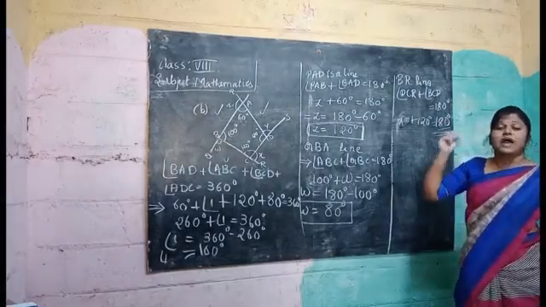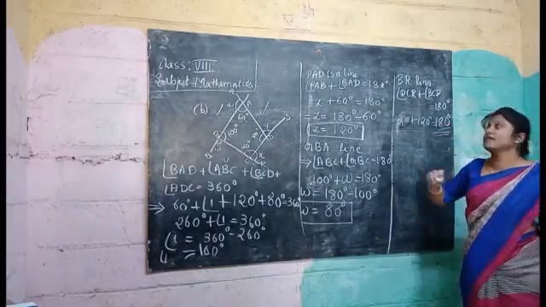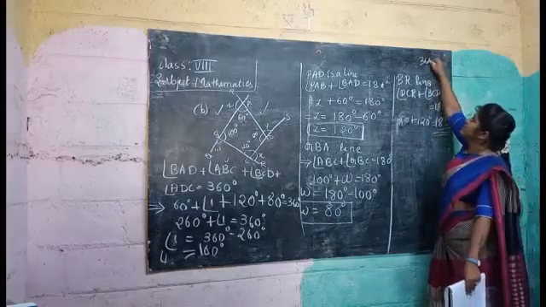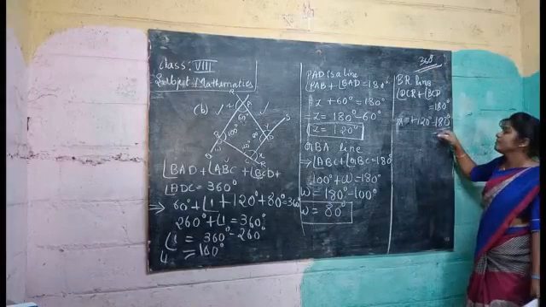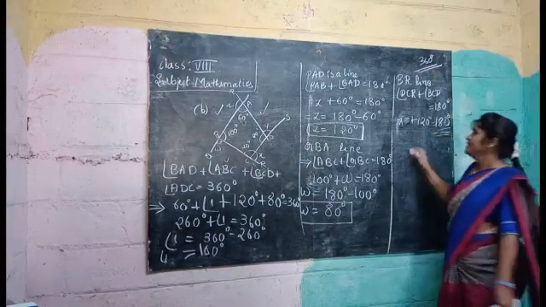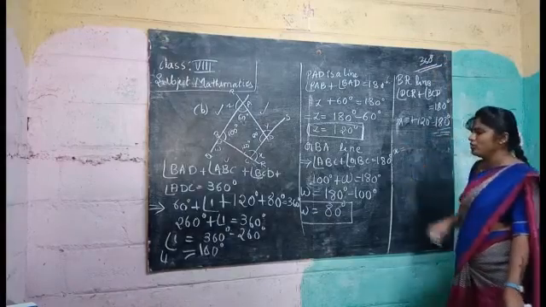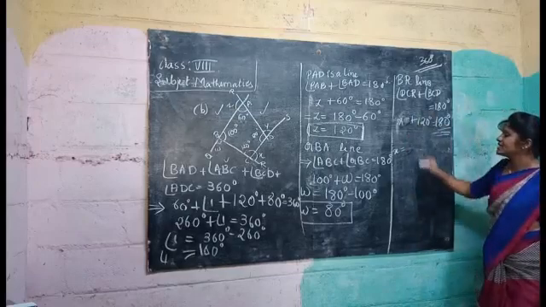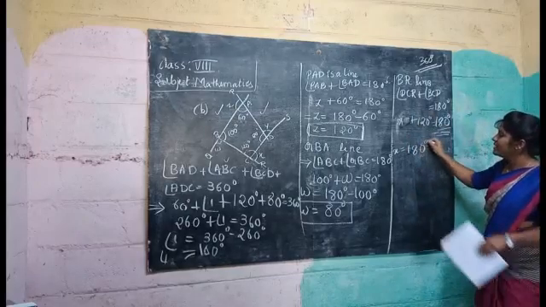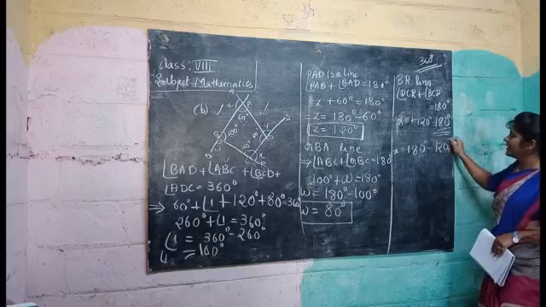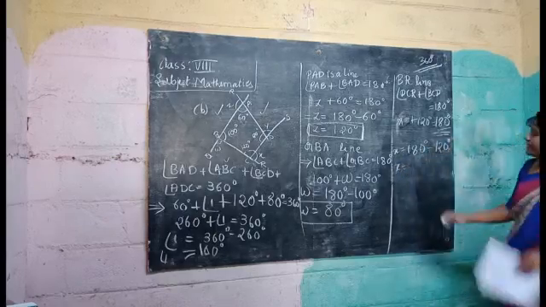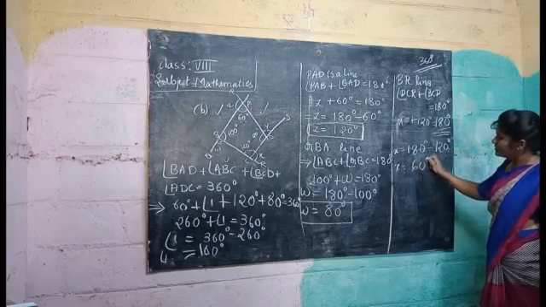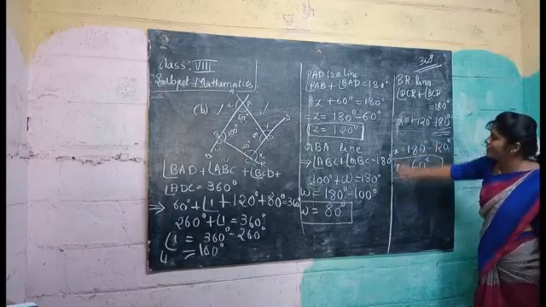When we do angle sum property of a quadrilateral, we have to write 360. We are taking here a triangle, so we have to take 180. Now X I am taking out. This 120 will go that side. Now 180 minus 120. Minus these two, what do we get? 180 minus 120? 60.